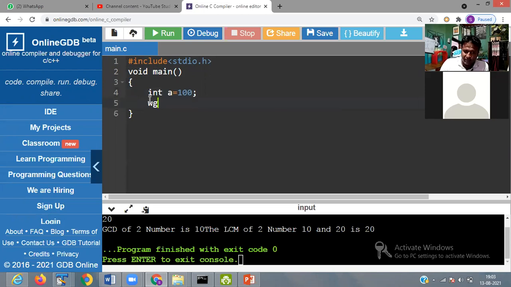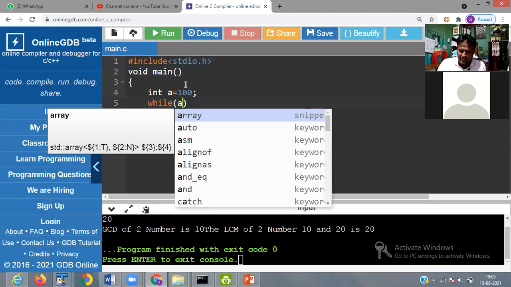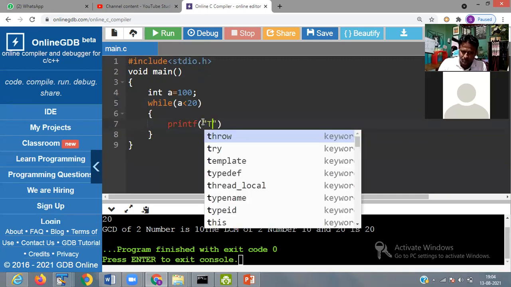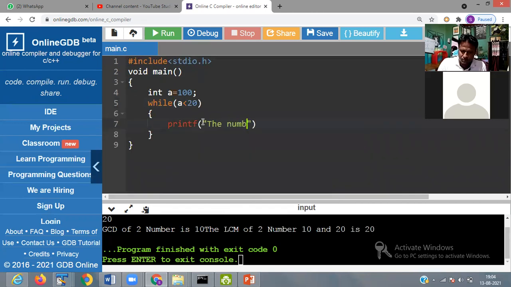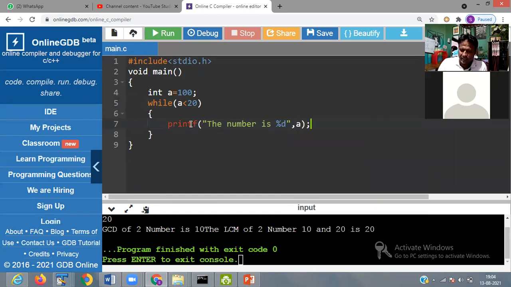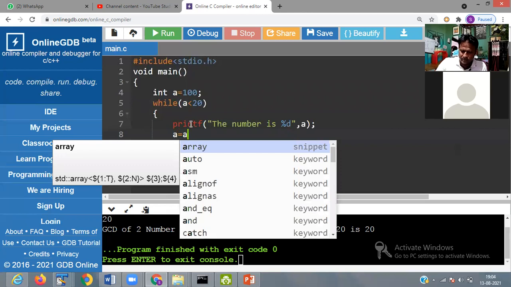Here I define a as 100. While a is less than 20, then printf the number is percent d, then a is equal to a plus 1.